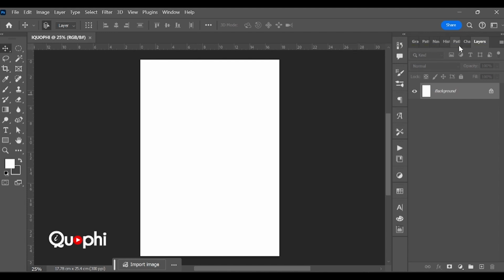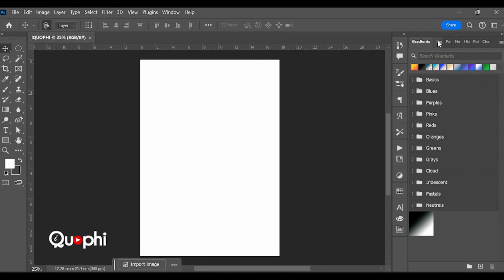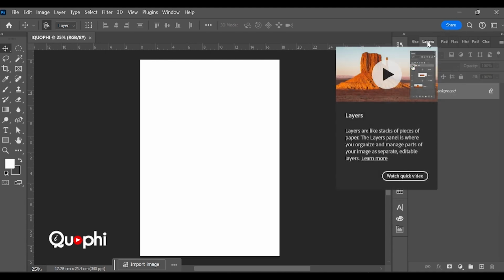If you just installed your Photoshop, this might not be what you see. You can see that I've changed the position. When I click on gradient, this all shows layers. The reason why I made the layers very prominent is because that's what's going to show how your work is being done. So let's take